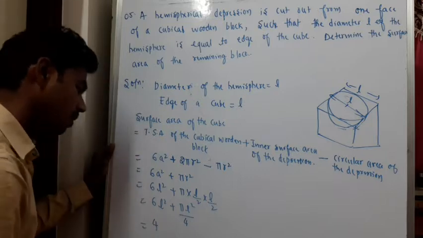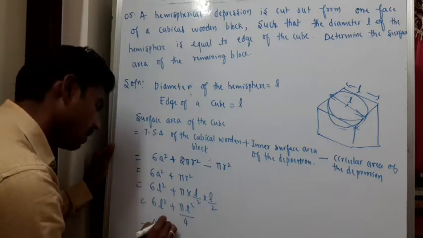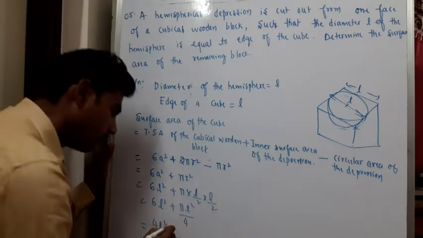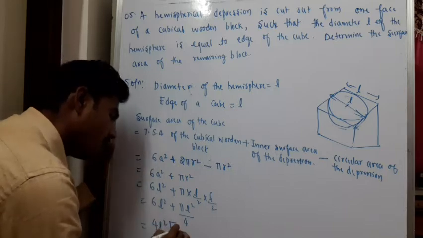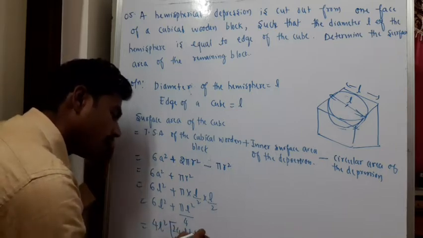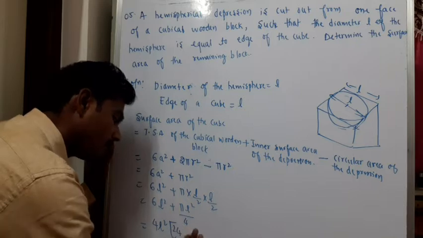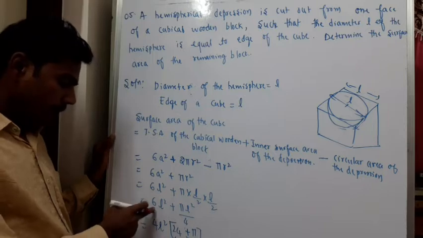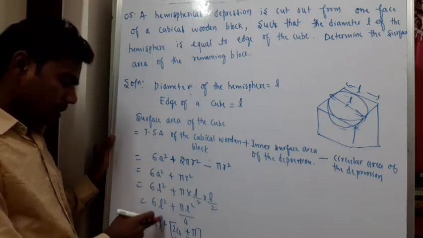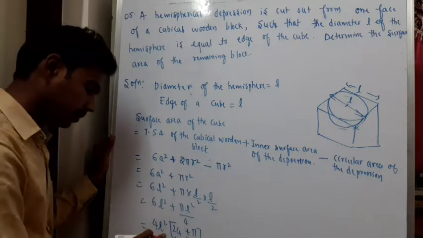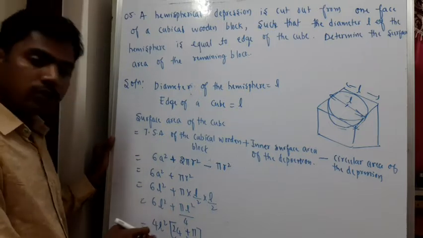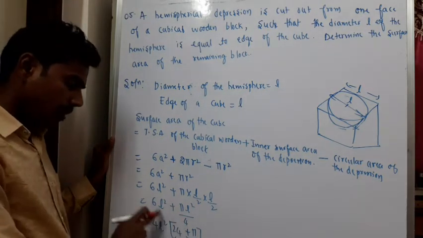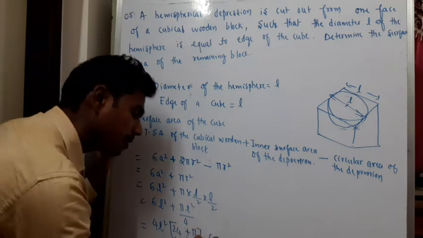if I take 4 out, 4l square, right? If I take 4l square out, it will be 24l square plus, 24 plus 5. So if I take 4 out, then it would be 24. I'll take 24 L square, so I'll take 4 L square out, because L square is common. If I take 4 L square out, this will be 24 plus 5 centimeter square.